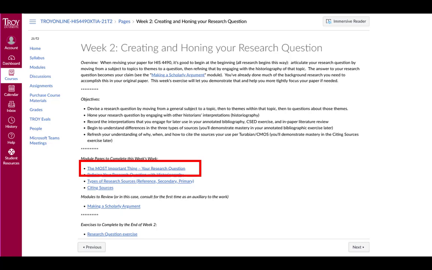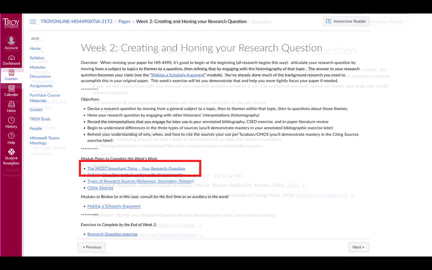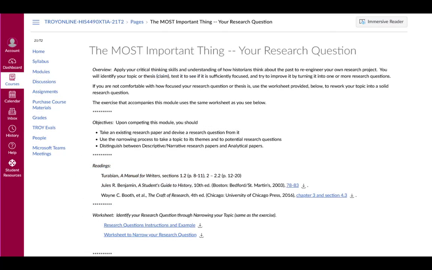The first one is entitled, "The Most Important Thing, Your Research Question." Click that link, which then generates this page, which is typical, though slightly longer, than the other pages that I want you to access per week. It provides an overview of this specific task, some objectives that you should be able to do